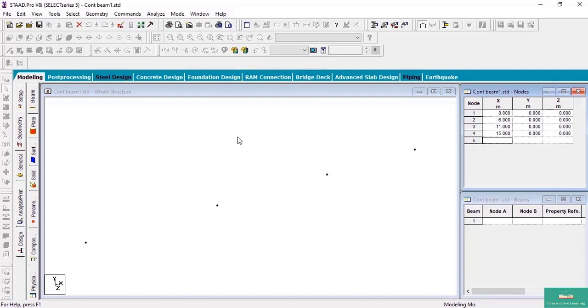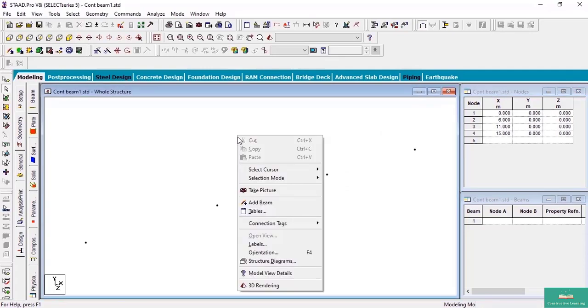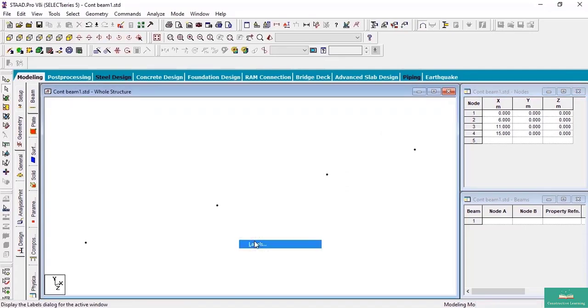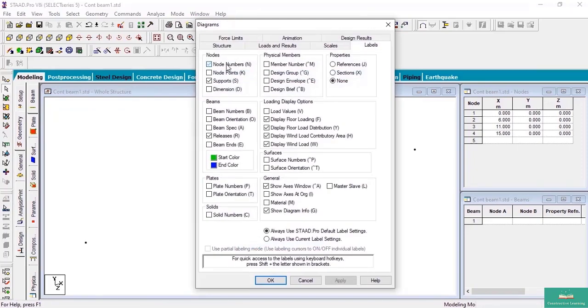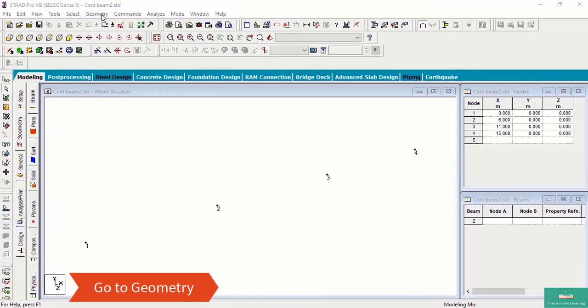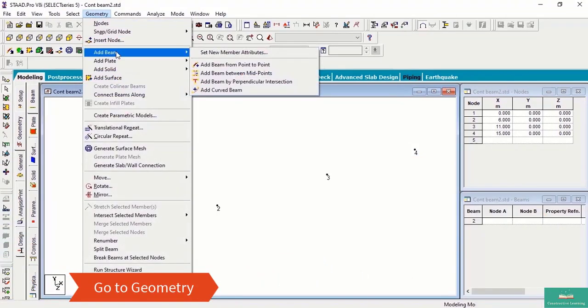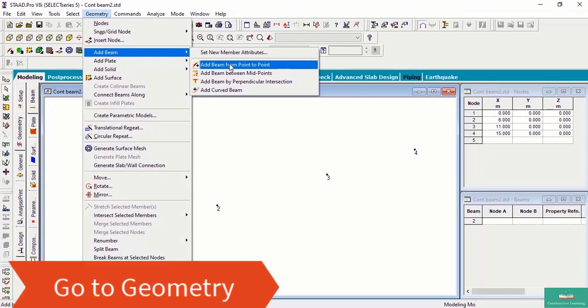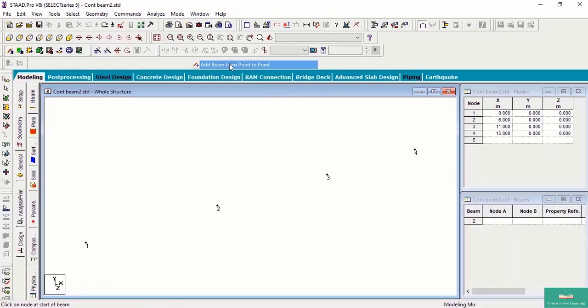To display their numbers, just right click anywhere in the window, click on label, click on node numbers, click on apply, click OK. We can observe the numbers. Create the beams by going to Geometry, Add Beam, select Add Beam from point to point.